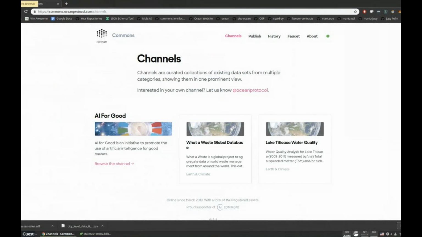Yeah. So let's take another question. Okay. So can this work with the new Facebook Libra coin? I don't know what the new Libra coin is. I haven't read the white paper. Yeah, I'm not sure. We'll see what it says. So Ocean Protocol, I will mention that Ocean Protocol is a